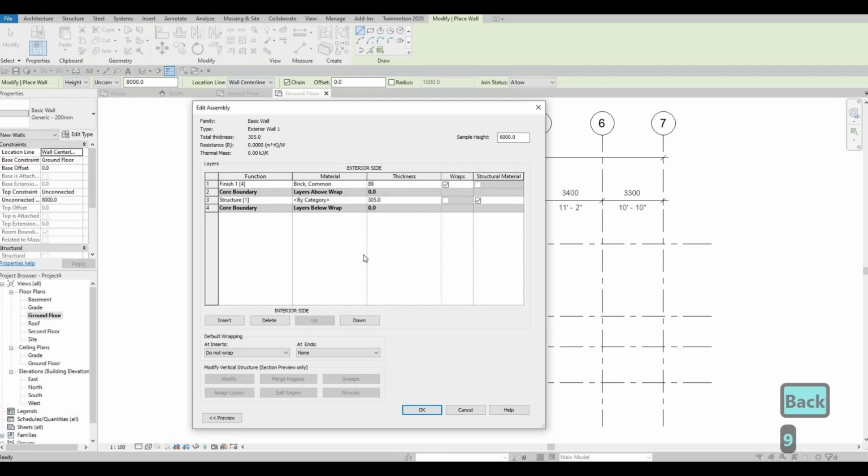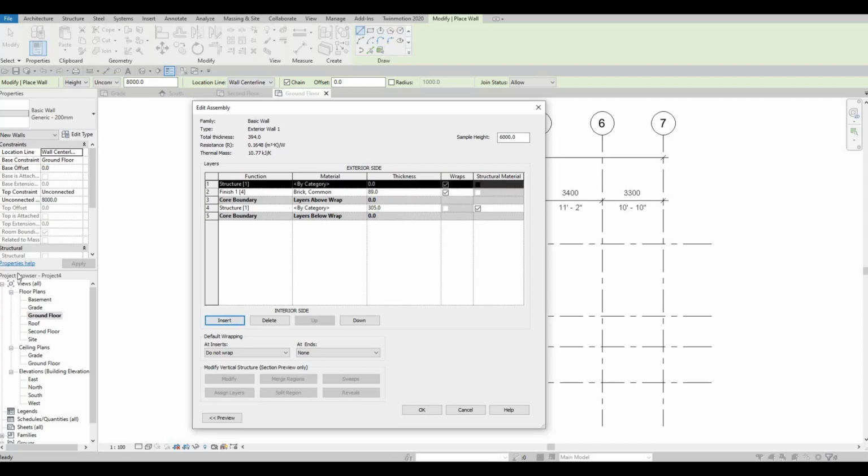Let's make it 89 thickness. And then let's insert again. This will be, let's put it down, and we could just put this thickness 0